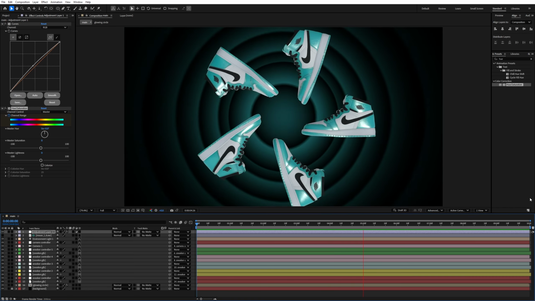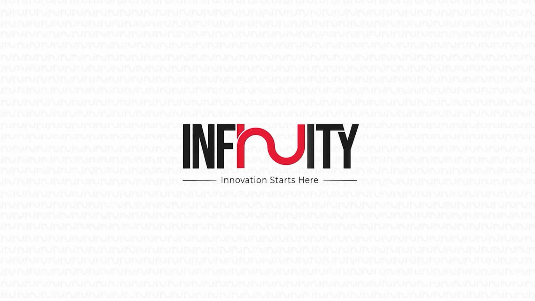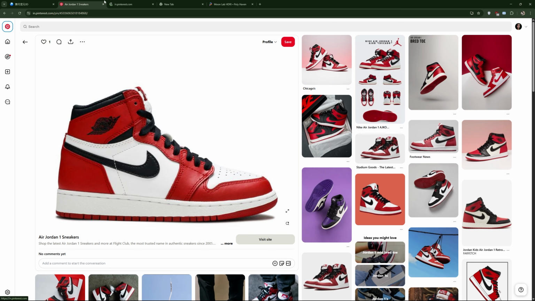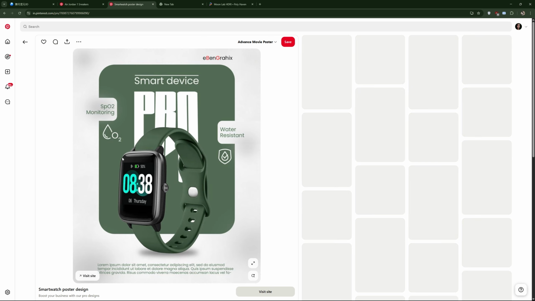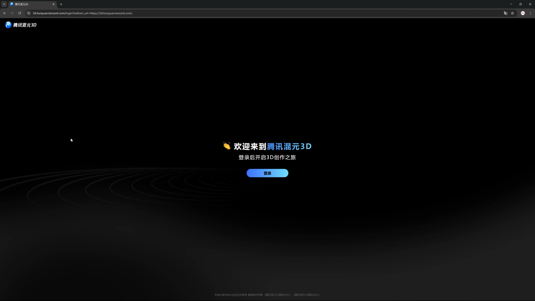So let's start the tutorial. Not only this sneaker, you can turn any 2D object into 3D. You can make this watch 3D as well. So I will save this sneaker JPG file and go to this website